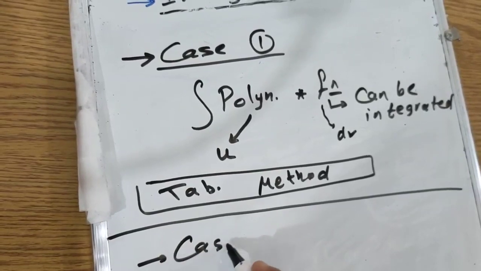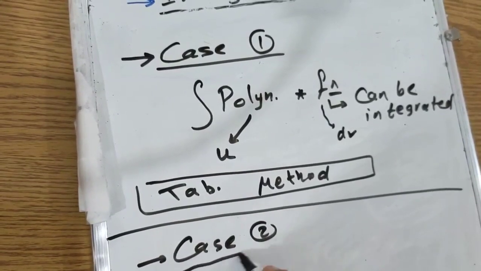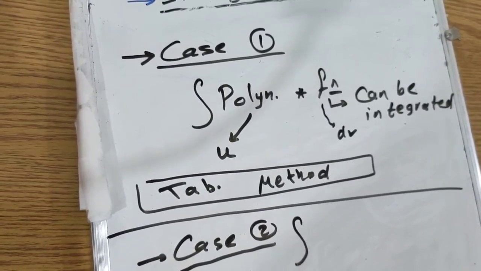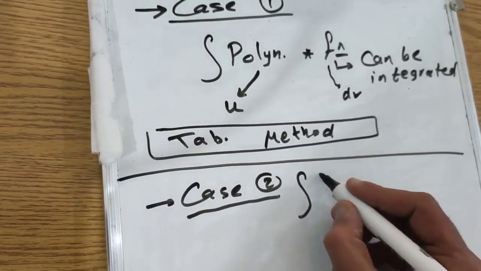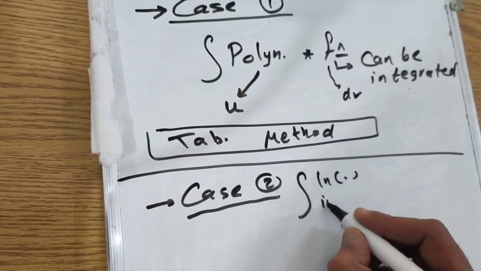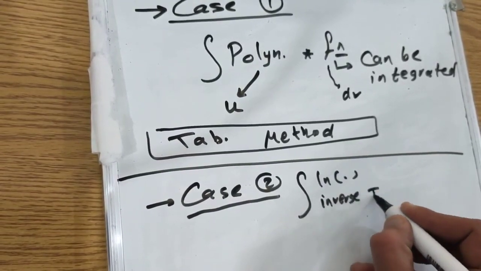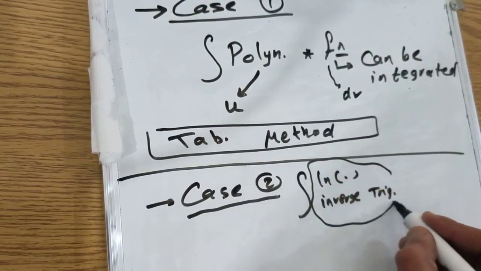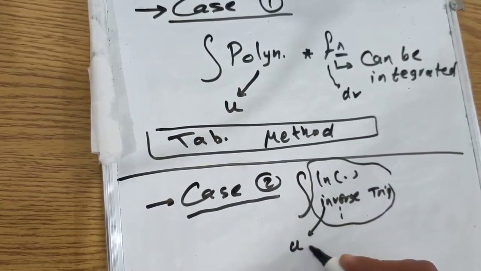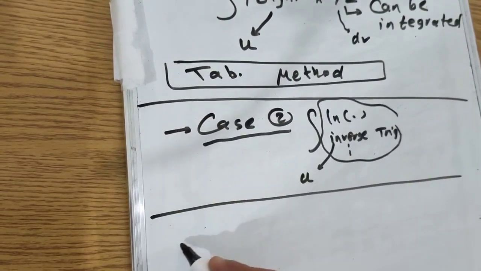And the case number 2, if we have an integration of a function like ln or an inverse trigonometric function, in this case we can select ln or the inverse trigonometric function to be u. And the case number 3,